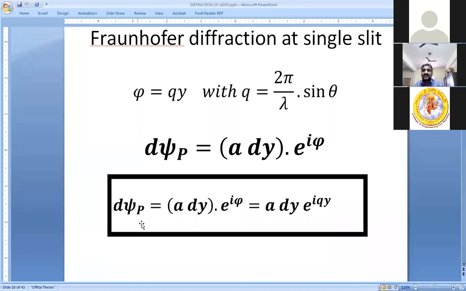So the electrical disturbance created at point P due to various spherical sources of electric field, that is spherical waves, is given by this expression. Please try to accept this, because this is the foundation for further exercises. Whether you do it with a double slit or n slits, I will be using the same expression. Only the limits of integration will be different, but the remaining things will remain the same. Okay, this is d psi p, Amma. So it is the contribution from an infinitesimal point source at point P on the screen.